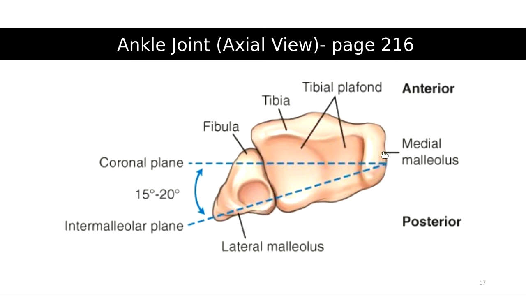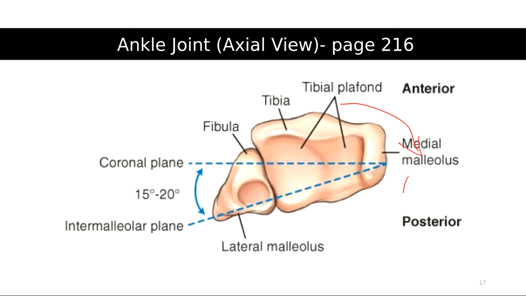Right, so coronal plane and the line between the middle of the malleoli. So you've got medial malleolus, lateral malleolus. If you drew a line between the two, and this is coronal plane, there's a 15 to 20 degree difference between the malleoli. And it's called the intermalleolar plane. The reason that's important is because we typically rotate the lower leg and ankle 15 to 20 degrees in order to bring that intermalleolar plane parallel to the coronal plane. Now, what do I mean? I mean that if we rotate the patient this way,